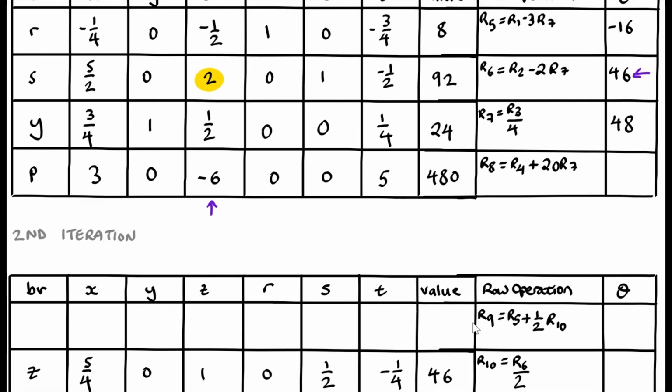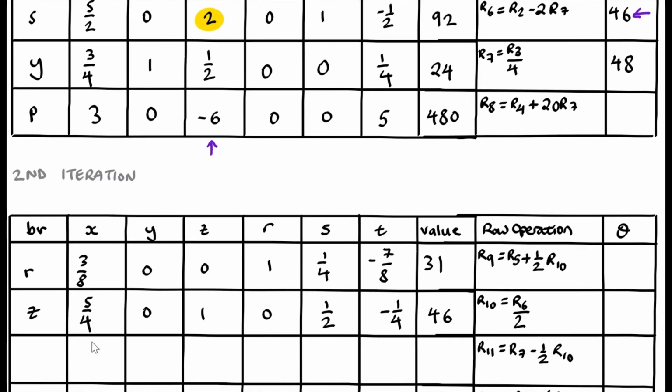And if we work these out, let's look at row 9 first of all. Row 9 here will still have an R, and row 5 plus a half of row 10, we end up with 3/8, 0, 0, 1, 1/4, minus 7 over 8, and 31. And then for this over here, we still have Y, and row 7 minus a half of row 10, you'd find here we have 1/8, 1, 0, 0, minus 1/4,